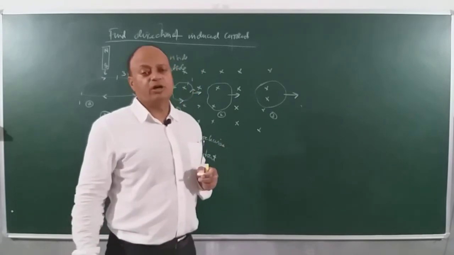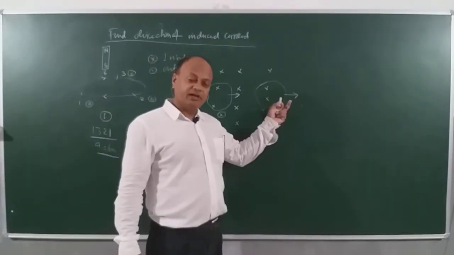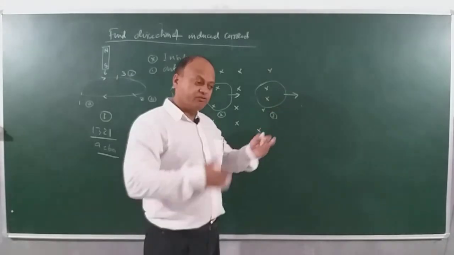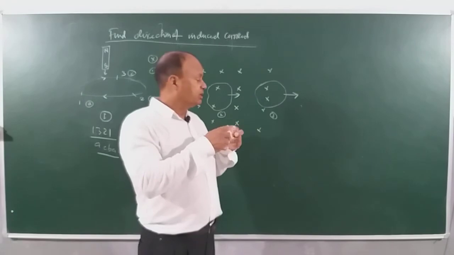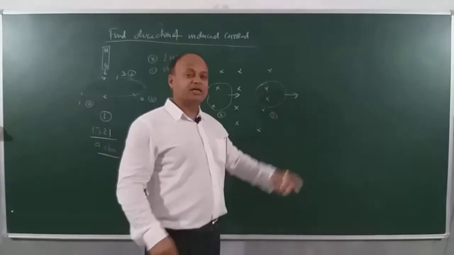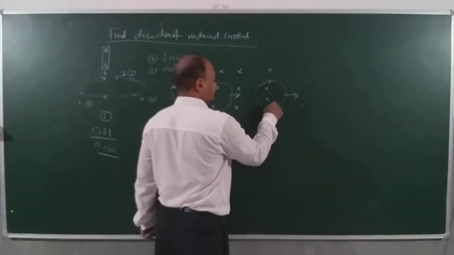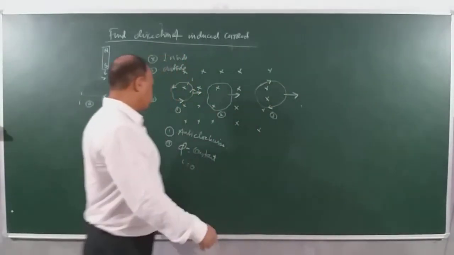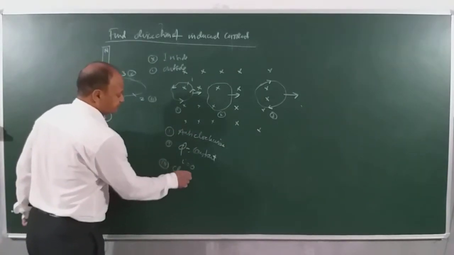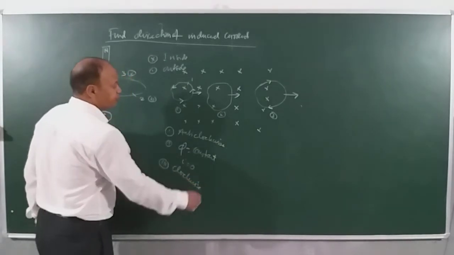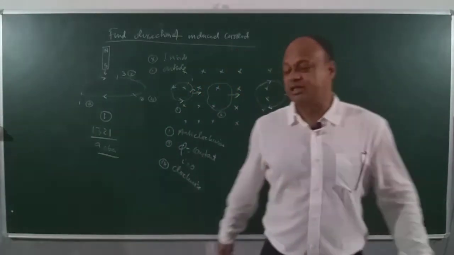It does not want the flux to decrease, it wants the flux to be stationary. So, how can it be done? It can be done only when the current develops a magnetic field which will try to bring the coil back into the magnetic field. So, it is going away from the north pole. Therefore, the magnetic polarity should be south pole, hence current will be clockwise. First case is anticlockwise, third case it is clockwise. So, I hope you understood this concept. Okay, let us see the next one, another problem. There is another problem we will be seeing.